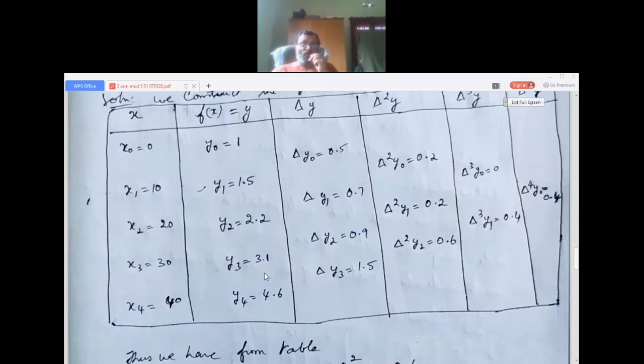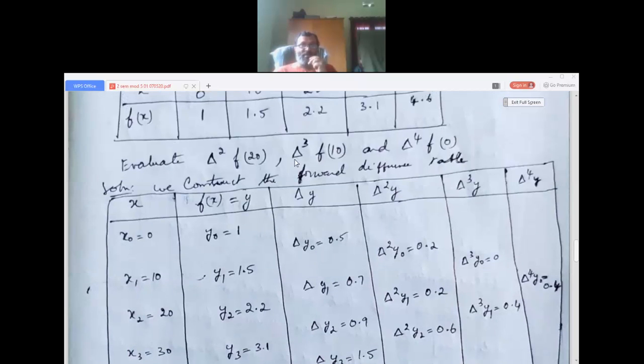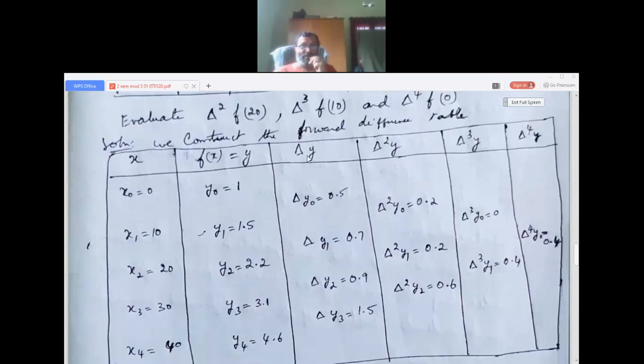This much is given. Now understand this properly. First difference, forward difference. This is a question in forward difference, so the symbol is like this, del y. The first forward difference is given by del y0, which is 1.5 minus y0, that is 1.5 minus 1, which is 0.5. Don't do 1 minus 1.5, it is wrong, you will get a negative value. Always y1 minus y0. So del y0 is equal to y1 minus y0, and it is written in the middle. It's 0.5. Then again the second difference.